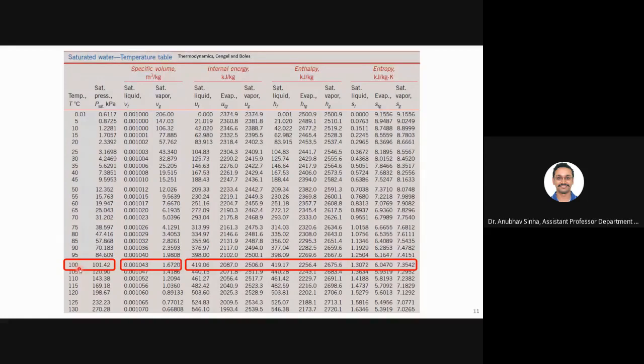And for that boiling water, this is how I look at the different properties. Suppose you are given an example. You want to find the saturated liquid u. This is the saturated liquid u. If you want to find entropy, this is the saturated liquid entropy. So you first have to look at what temperature or pressure value you're looking at, and correspondingly you will look at the different property values.